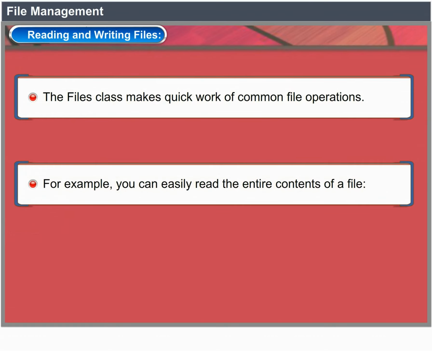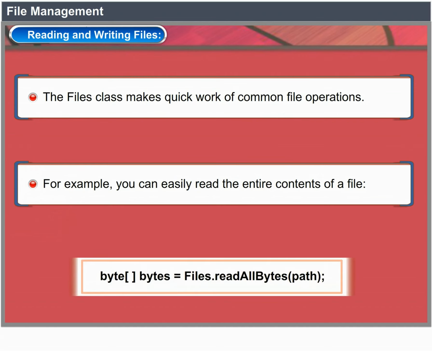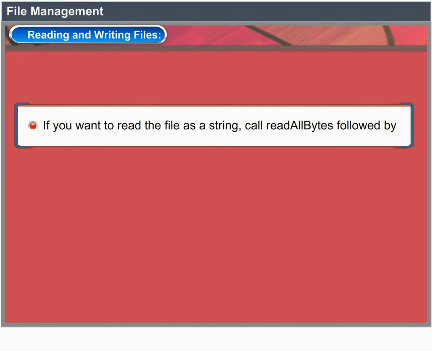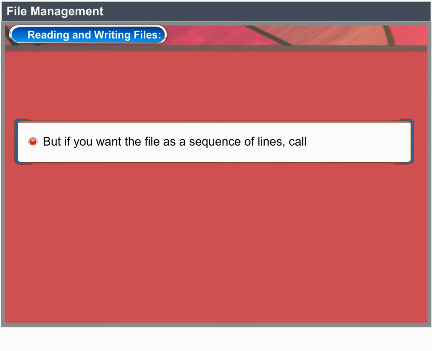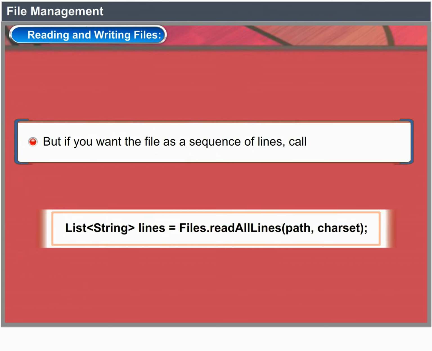For example, you can easily read the entire contents of a file: byte[] bytes = Files.readAllBytes(path). If you want to read the file as a string, call readAllBytes followed by String content = new String(bytes, charset). But if you want the file as a sequence of lines, call List<String> lines = Files.readAllLines(